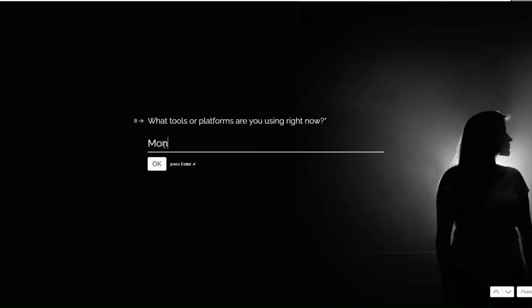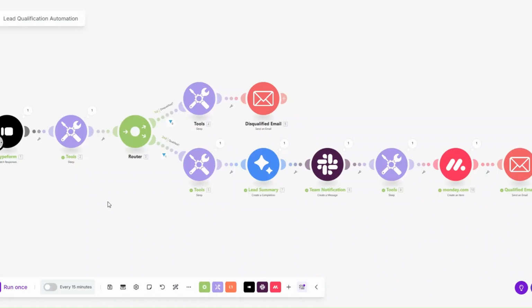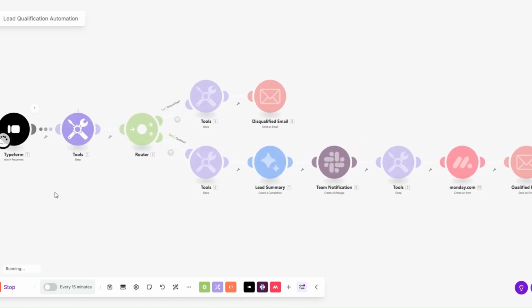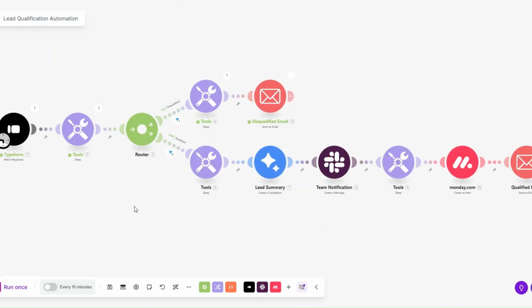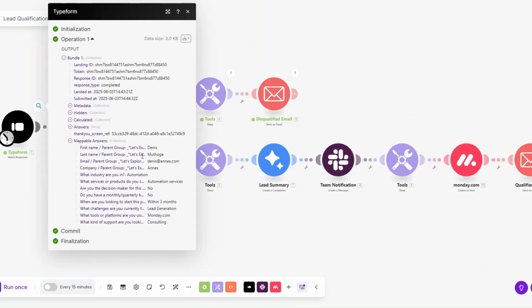Tools, you can say Monday.com. Say consulting. Then click on submit. I'll go back to automation and then run automation. Automation ran successfully. Here we capture the information right here using this module, and the difference is that they are